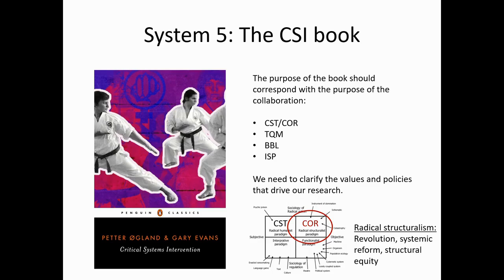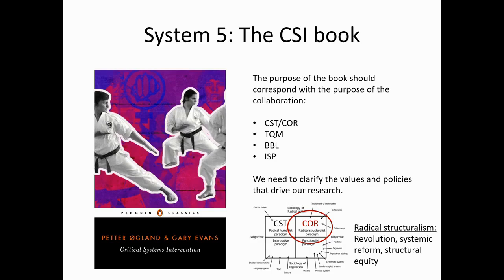Things we have looked into are critical systems thinking, community operational research, total quality management, black belt leadership, and integrated systems pedagogy. But we need to clarify the values and policies that drive our research. That's why I have included the Burrell-Morgan matrix,